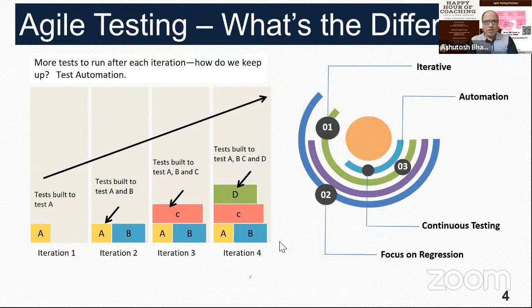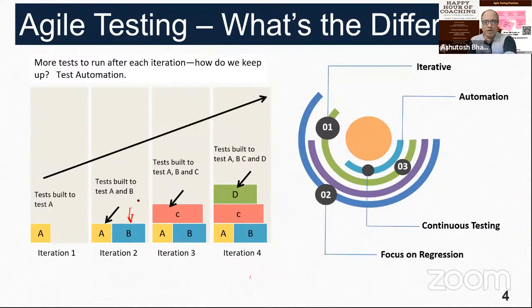Let's take a Scrum way of working, where at the end of each iteration, or sprint as we say, we are building a product. So we are building a feature A. Then in sprint 2, we came out with B. In sprint 3, we came out with C. And then in sprint 4, we came out with a feature D or a user story D, whatever you would like to call it. One fundamental aspect you need to understand is that at the end of sprint 2,